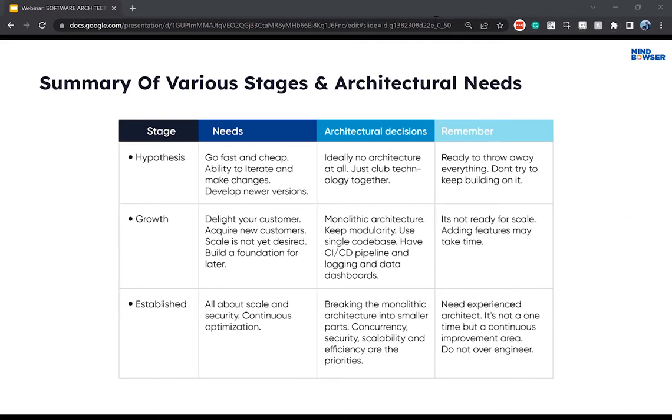That means the code base is still monolithic. When we say monolithic, all the functionalities are embedded in one single code base. It can be called a WAR file or a JAR file in terms of Java technologies, and it can be deployed on the production server and executed. In the growth phase we planned: let us not touch the code, because if we touch the code, again it will be a huge requirement.